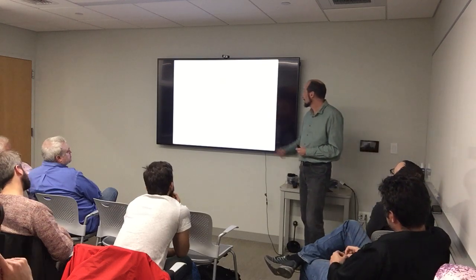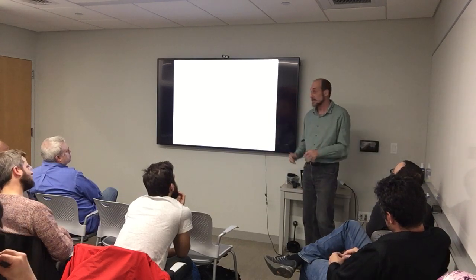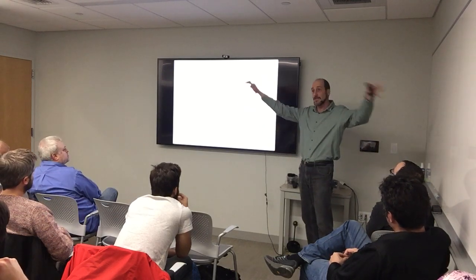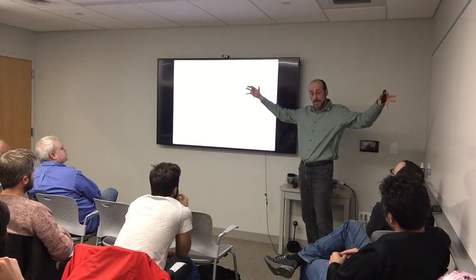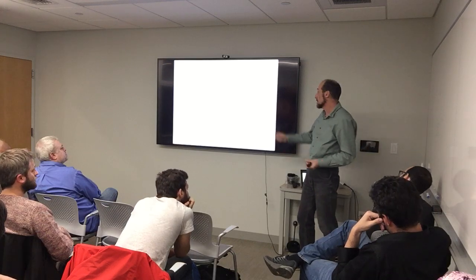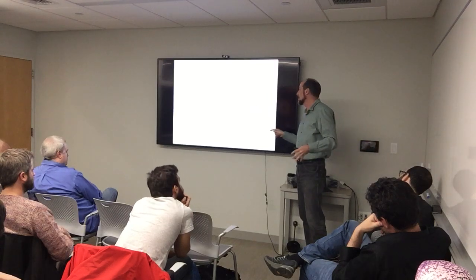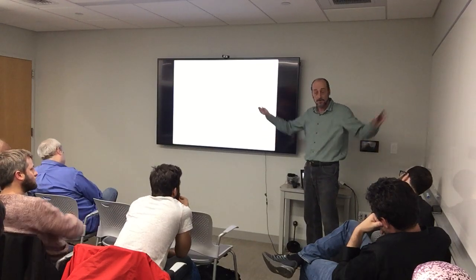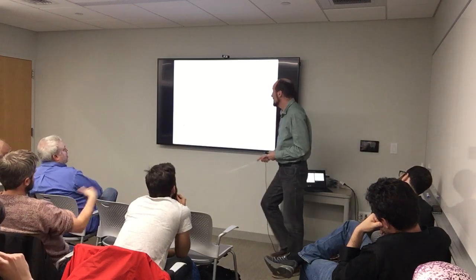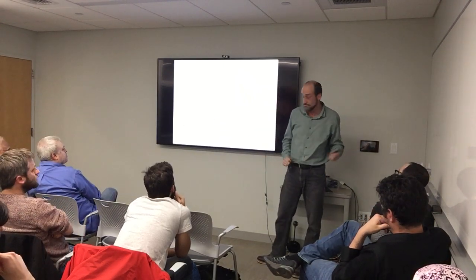So critical collapse was discovered by Matt Choptuik in the early 90s. This is essentially what I said before. You consider a scalar field, could be some other matter, but you consider a cloud of scalar field, spherically symmetric for simplicity. Then you let it collapse under its own weight. It turns out you can construct a one-parameter family of initial conditions. Say this parameter parameterizes the initial amplitude of your scalar field cloud. If the initial amplitude is small, the cloud just collapses and bounces back, and then disperses away.